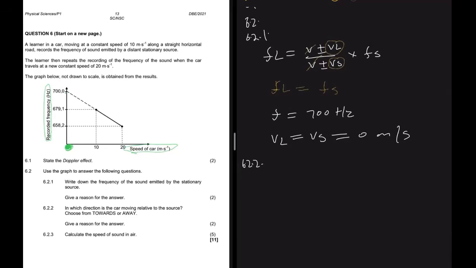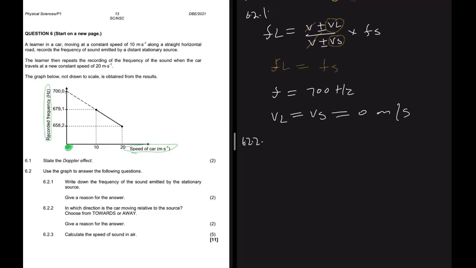6.2.2. In which direction is the car moving relative to the source? Choose from towards or away. Give a reason for the answer. Again, we have to stick to the graph we have. That's what the question requires of us. So if when the velocity is 0, the frequency observed is 700 hertz, when the velocity is 10 meters per second, the frequency observed is